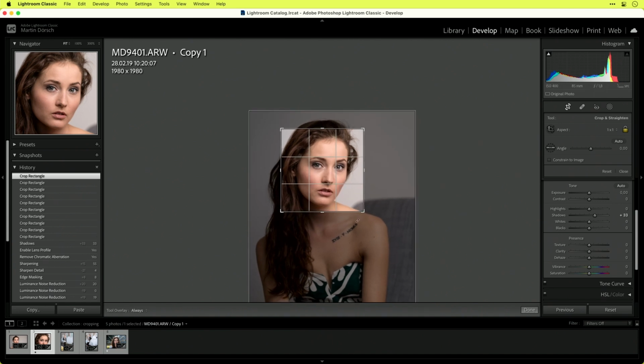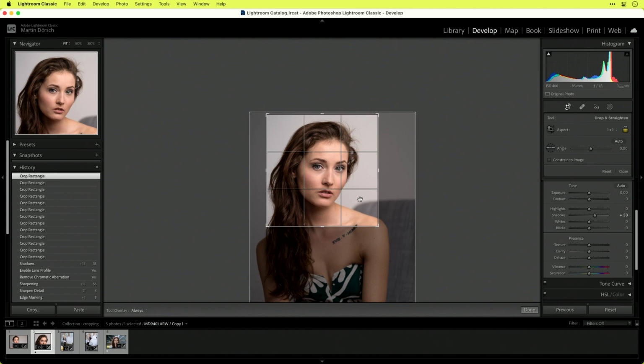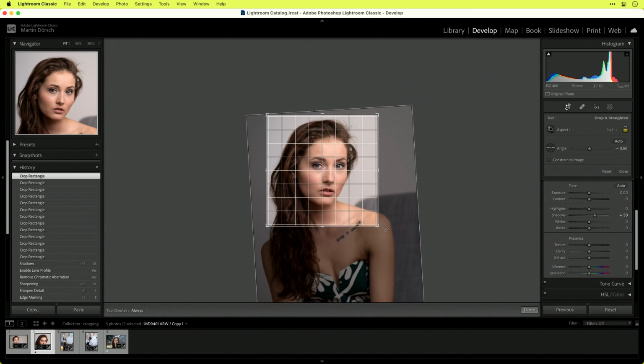enough if you, for example, want to upload this image on Instagram. So that's really handy to see how many pixels you have left. To deselect the image overlay, just press I a second time, and then this overlay is away. Okay, if you want to rotate an image, then you can go over the corners and just